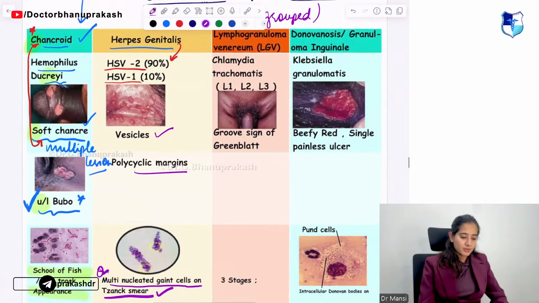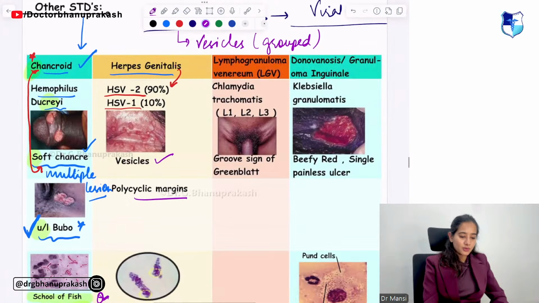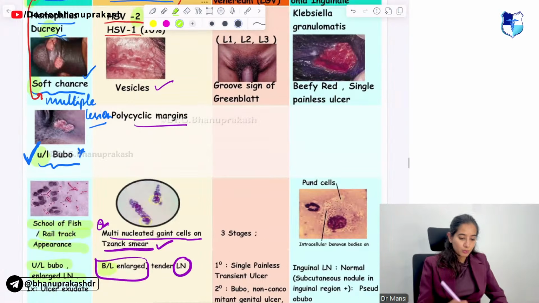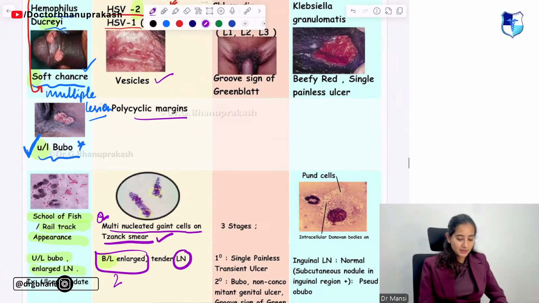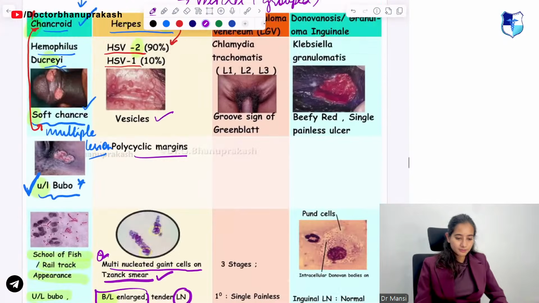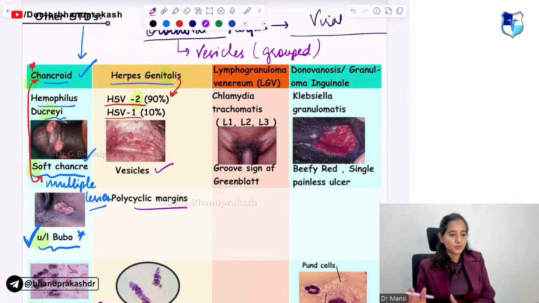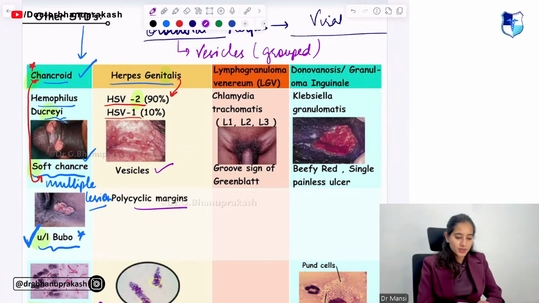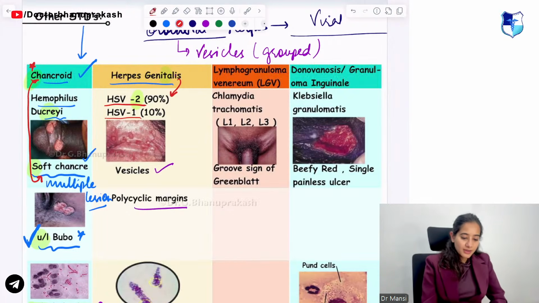So how are you going to remember this? Genitalis to T is going to remind you of 2, HSV2, and then again bilateral, both-sided lymph nodes are tender and large. So you have to do a comparative study of these STDs. That is how you're going to crack the question in the exam. Then let us come to the